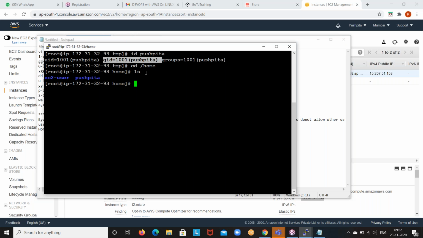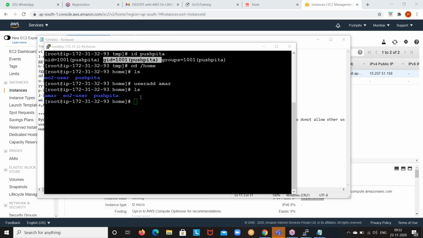Again, create one more user: useradd Amar. So I'm creating one user. By default, I'll get an Amar folder also under /home. Do ls now. See, the Amar directory also got created. I did not give an mkdir command manually. By default, you will get one directory under /home. That is called Amar's home directory, a personal directory. When Amar logs into this system, he can use that folder for personal files. There are common folders, and there are personal directories also.